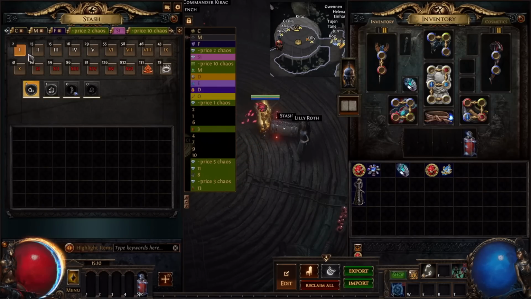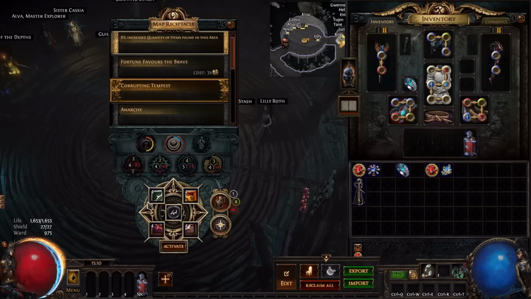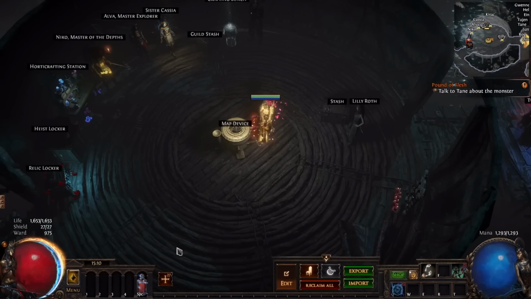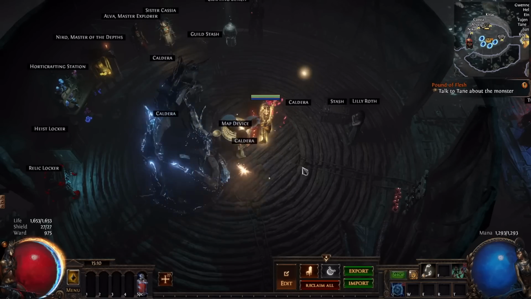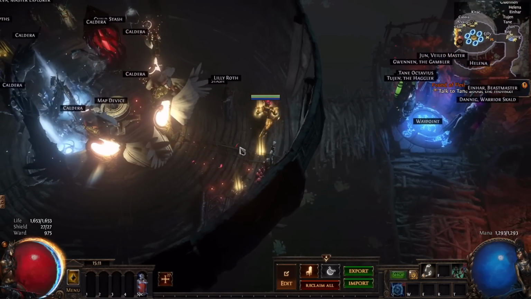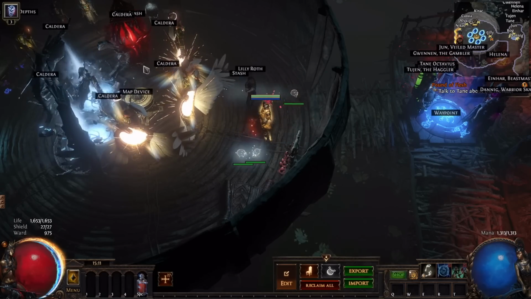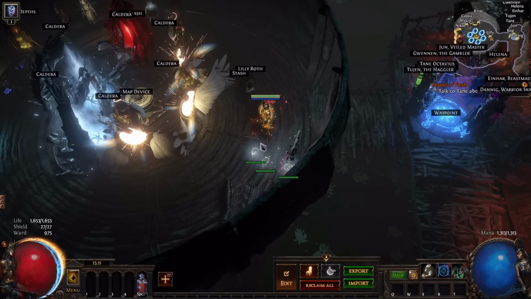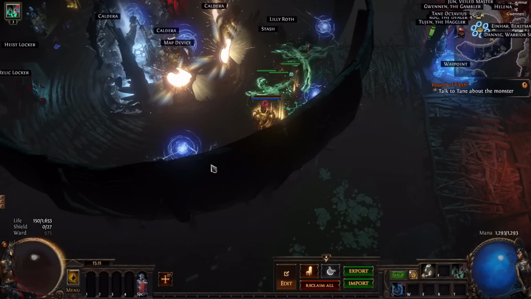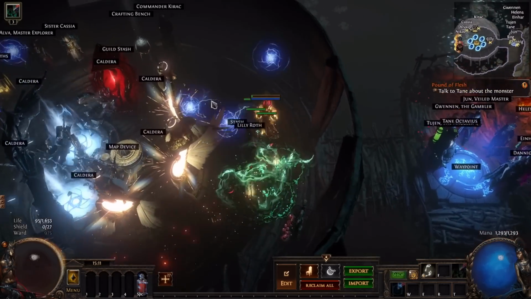So let's see one map, whatever. How does it work? All we have to do is swap our weapons to trigger summon raging spirit, to trigger these spirits, and when we swap again, we have our loop running. So let's see.